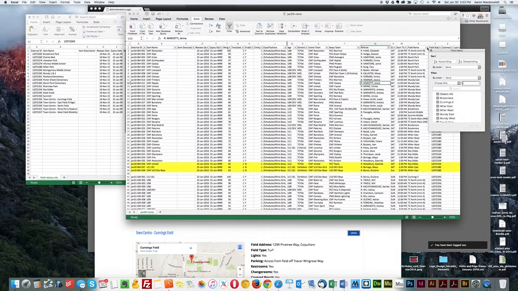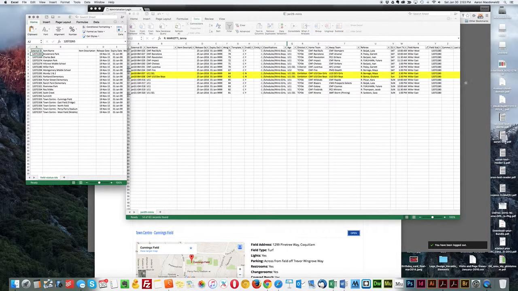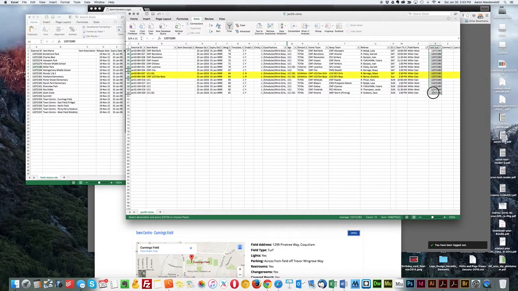Then using the field name field, uncheck everything. For instance, Miller Park is really just one field ID here. So if you were to choose Miller Park, then you've got all the Miller Parks listed. You just go in and grab the Miller Park ID, copy it,